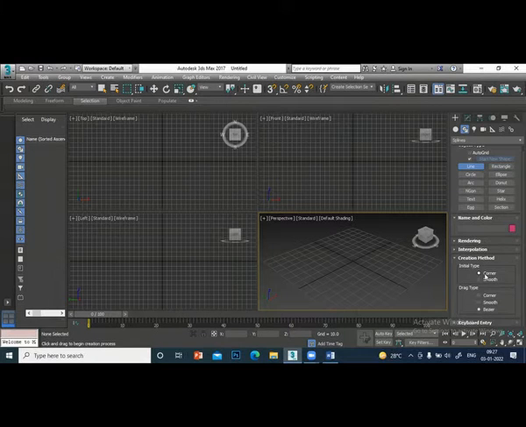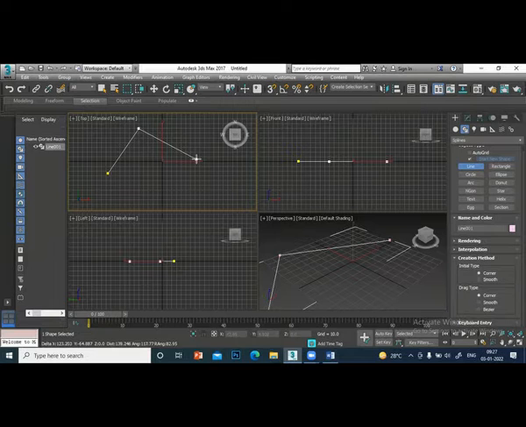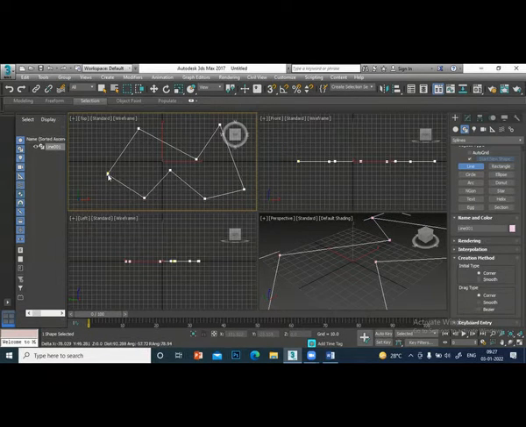You select corner. When you select corner for initial type and drag type, you get straight lines. Click. You get straight lines when you use corner.